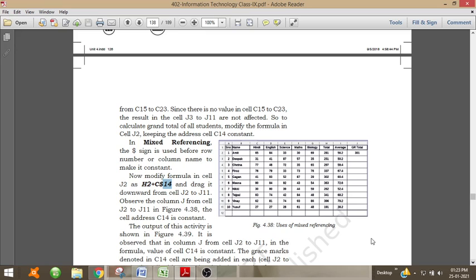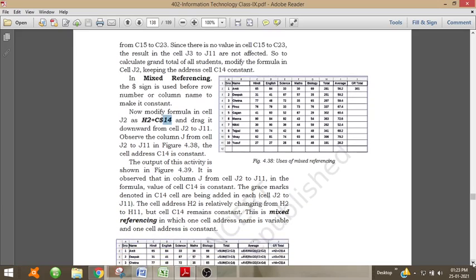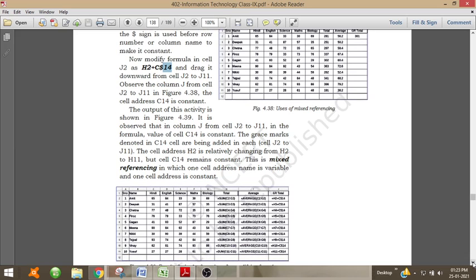So the output of this activity is, it is observed that in column J from cell J2 to J11, in the formula the value of C14 is constant. The value of C14 will not change.